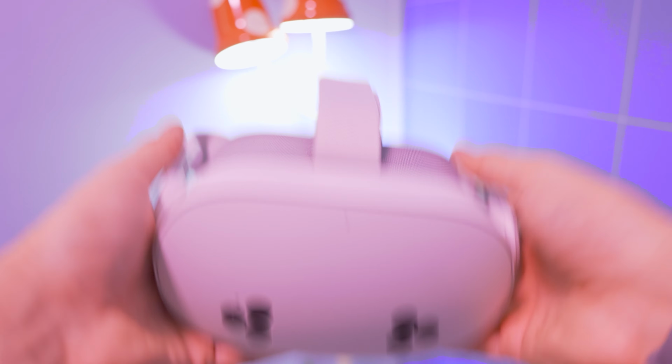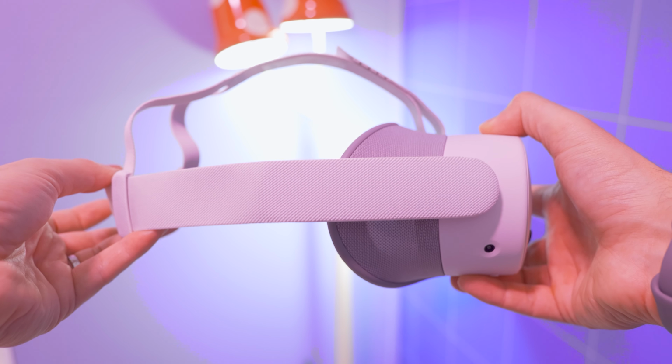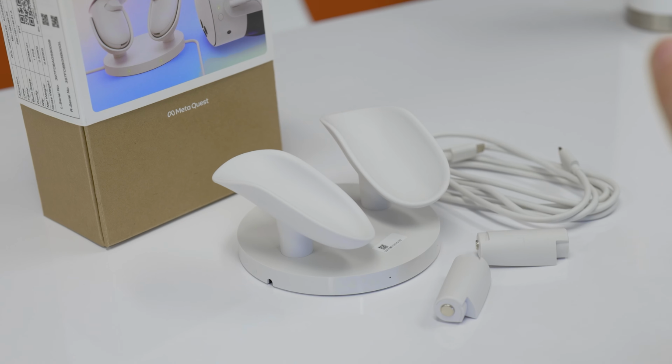And while the included strap is an improvement compared to the one on the Quest 2, I wanted to bring the rigid one home with me right away. You might want to upgrade soon, let's say. By the way, the cool thing is that some accessories are actually compatible with the Meta Quest 3, like the straps that you can use. But bear in mind that you are not gonna gain a headphone jack from them, but just a hole to